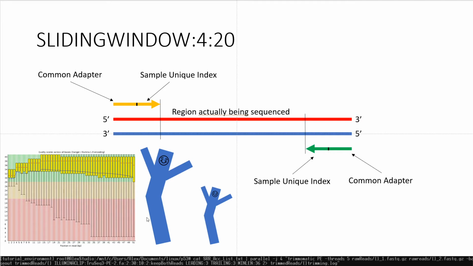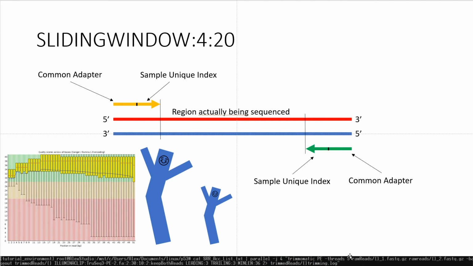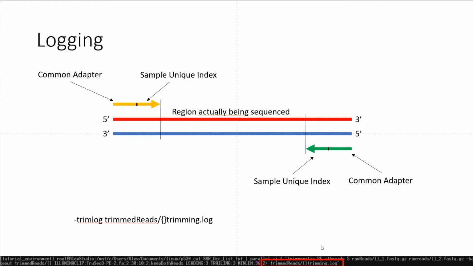And then finally, I did it the hard way. Just reading through the manual for Trimmomatic might have saved this issue, but there's actually a trim log flag. And that trim log flag would go here, after threads or before threads. So we have Trimmomatic paired end, we're going to give it 5 threads, and then we would tell it, put our log in this file. Instead of taking the standard output and feeding it into a log file, we could use this flag. And that is just a lot more neat, but we still have to use that